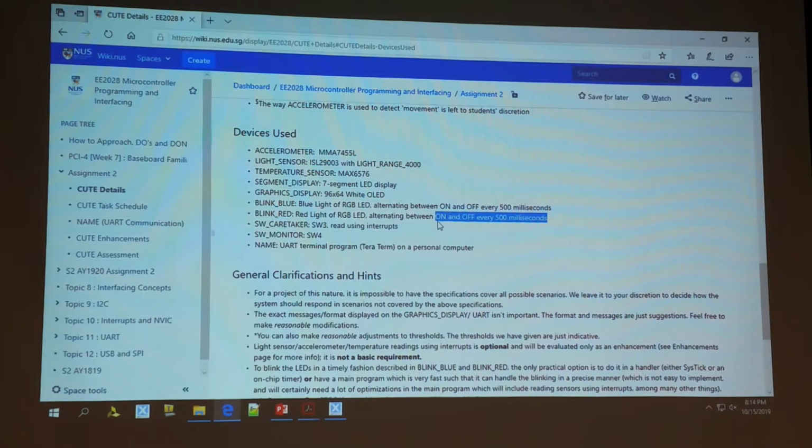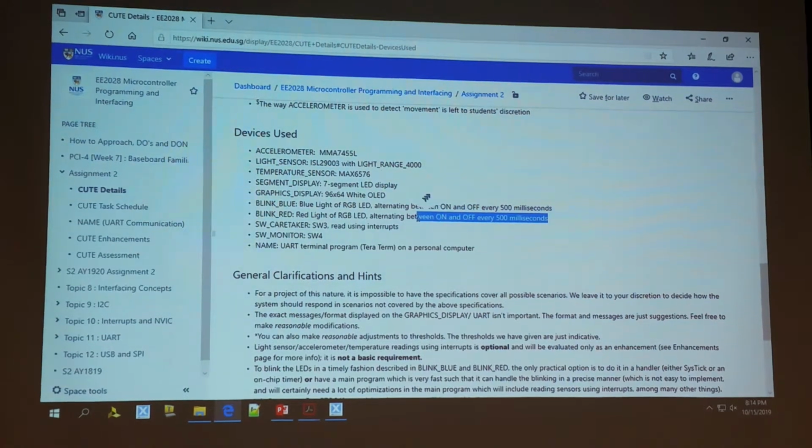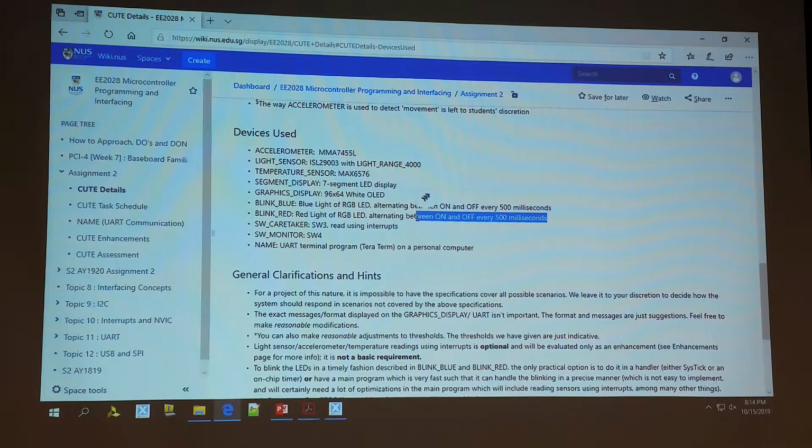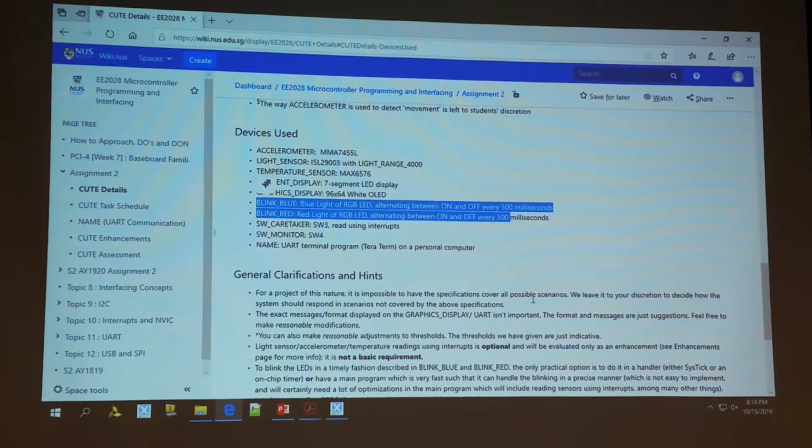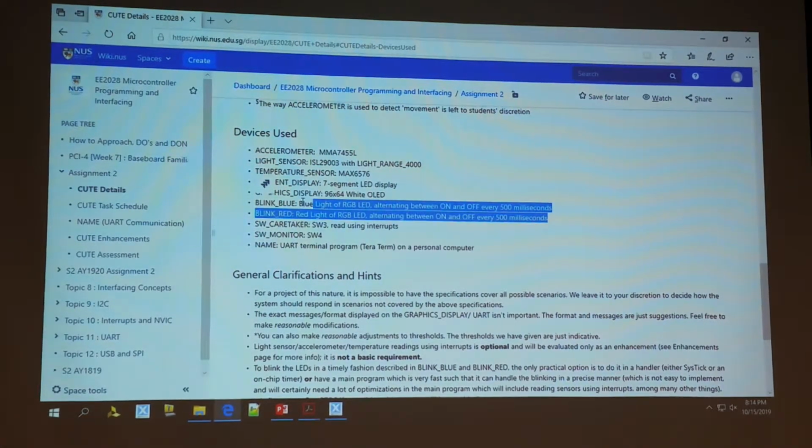Actually, one group this morning, a person was asking, can I just put it in a while loop? But the while loop is polling mode, right? It takes time to finish all the processes, then next round you can ask it to switch off. It might be like 5 milliseconds also, but we can read the code later to check. I recommend you do something similar to the 7-segment counting, right? But one hint here is that your while loop might take more than 500 milliseconds